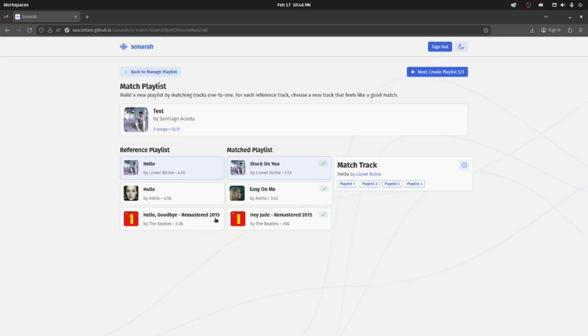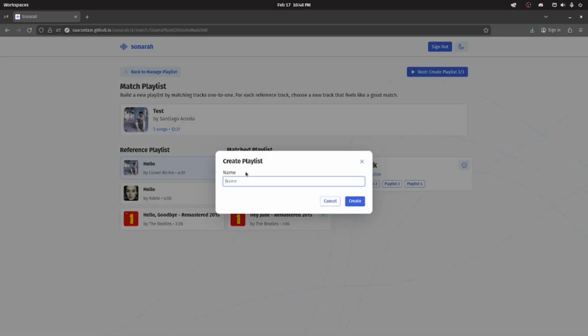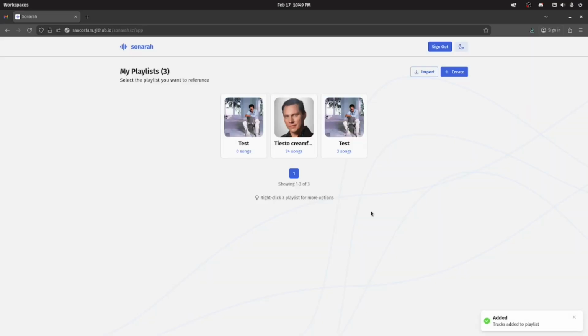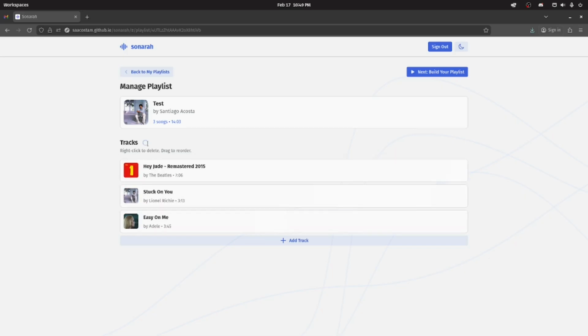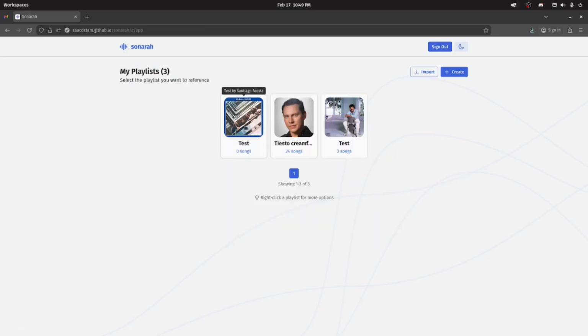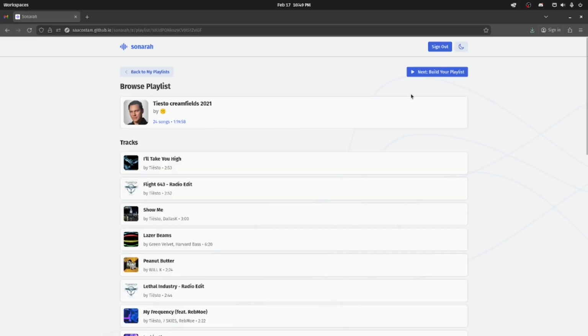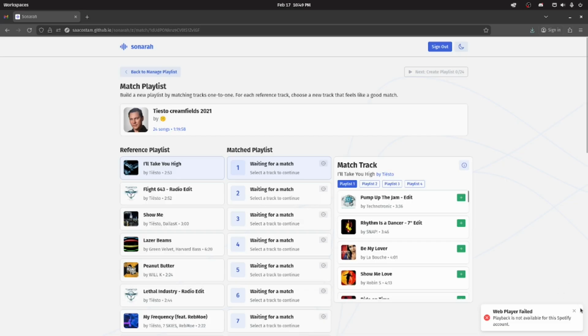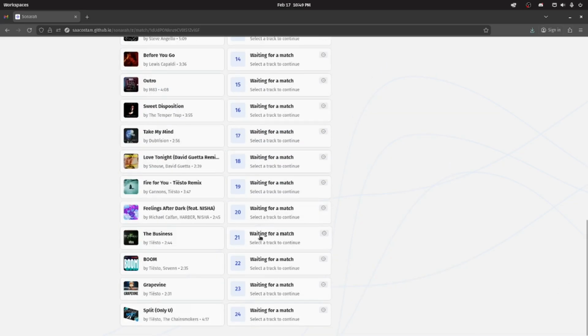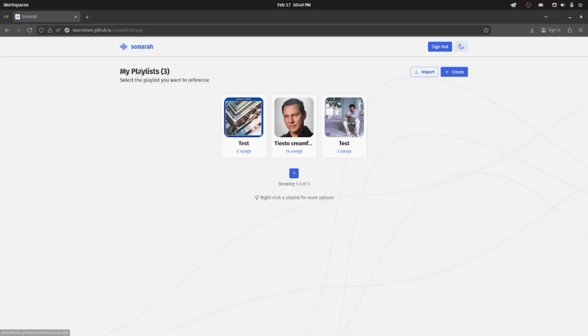Anyway, once we have all of the tracks matched, we have a reference playlist and then the match playlist. We're able to click here, create playlist, and I'll just say test, and I'll create it, and you can see that now the new playlist has been created. I named them the same, so we don't really see the difference, but you can see that this is the new playlist and this is the old playlist, right? We can do the same for the Tiesto Creamfields. I'm not going to do it because it will take a while to match the 24 tracks,